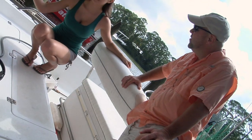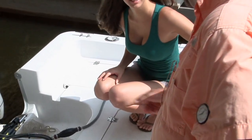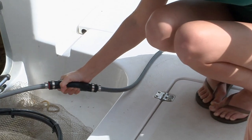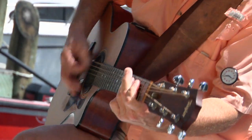So she says, "How do we get this thing started?" I said, "Well, first you gotta prime it." She says, "How do I do that?" I said, "Well, you reach down there and grab that ball and give it a little squeeze." She said, "Like this?" I said, "Just like that." So there she was, squeezing on my Johnson,